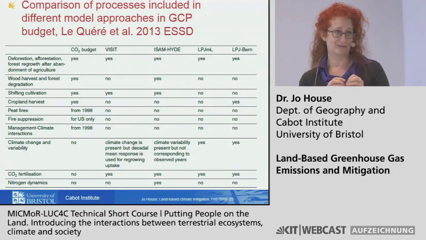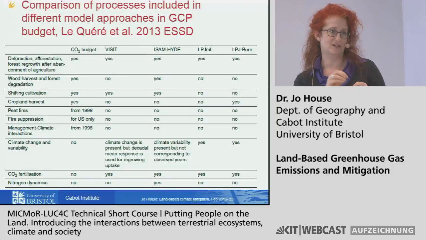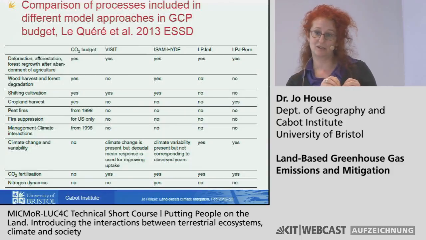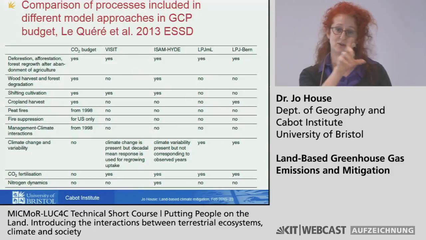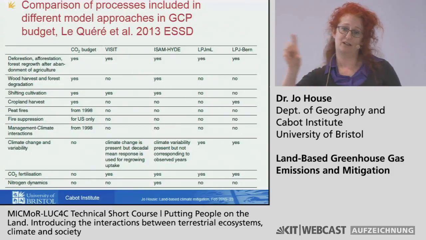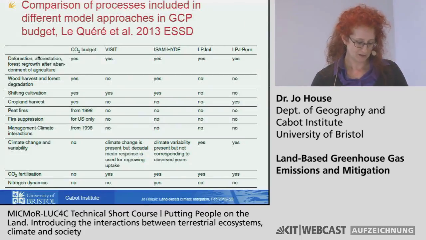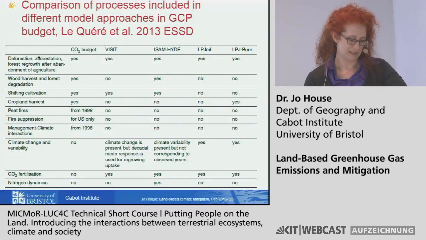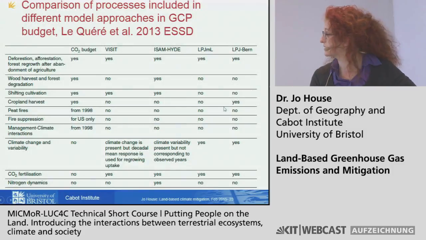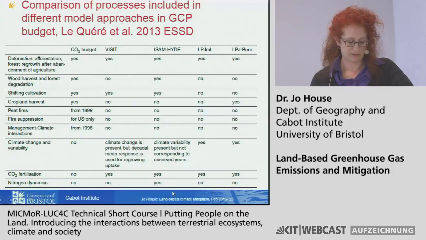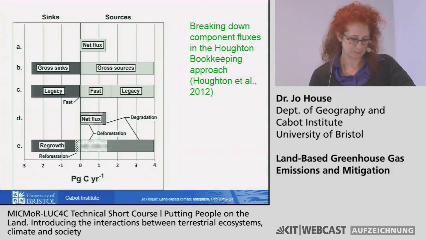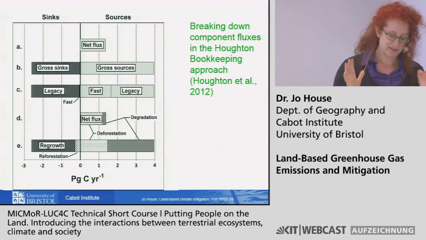It might be taking account of the fact that if you're using inventory data from today and that growth rate is already responding to CO2, in that way you might inherently include some CO2 fertilisation effect in your growth rate, but you're just using the same growth rate curve throughout the period. So it's not a transient change. So that's for the climate change and variability in CO2, and nitrogen dynamics. At the time, ISAM was the only one that had nitrogen dynamics in. Quite a few of the other models are putting them in or have them in already. That's one way of thinking about what's in them or not.